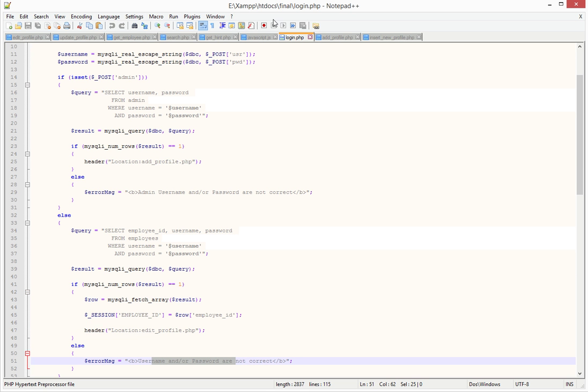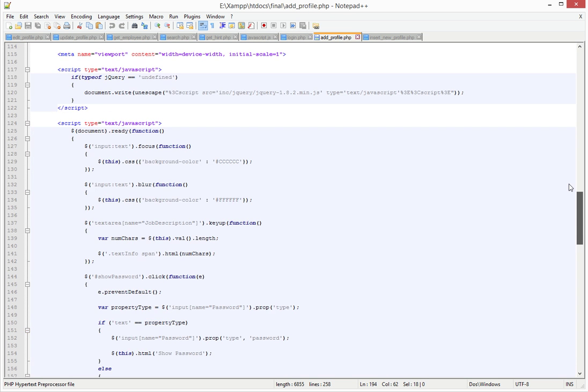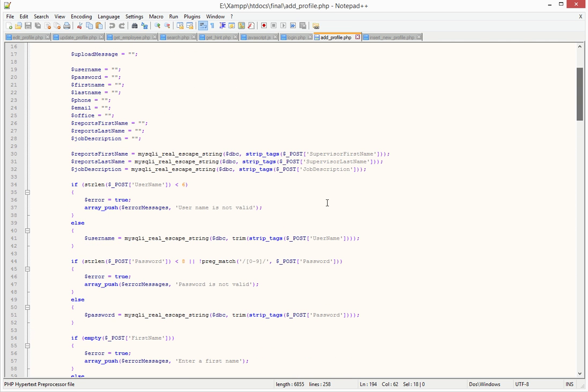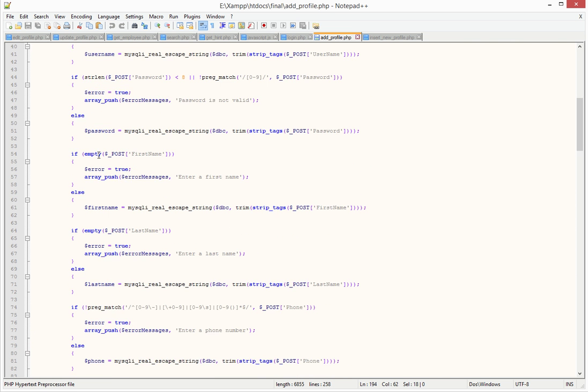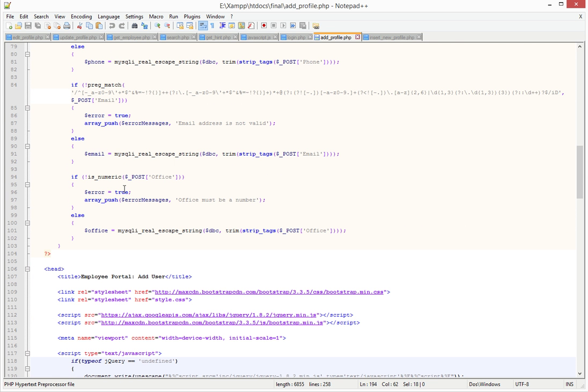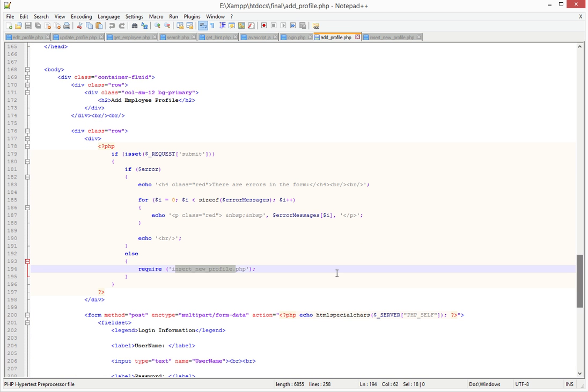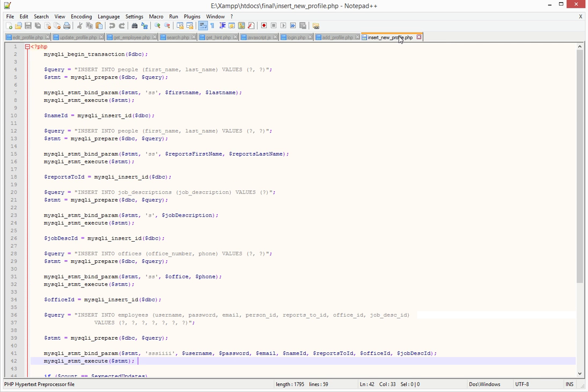Looking at the add profile, it's pretty straightforward as well. Information is entered into the form, and then once it's entered in here, we do a series of validation steps that we looked at to verify that everything is good. And if it's there and it's okay, we run a script to insert the new profile. And that also is very straightforward. It's a series of insert statements that insert data into all of the tables that we need to that we've